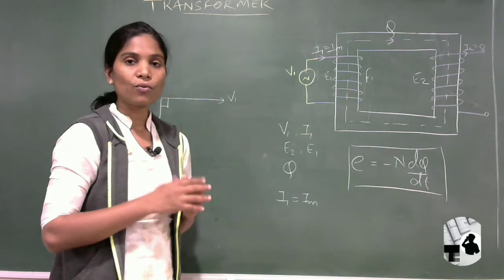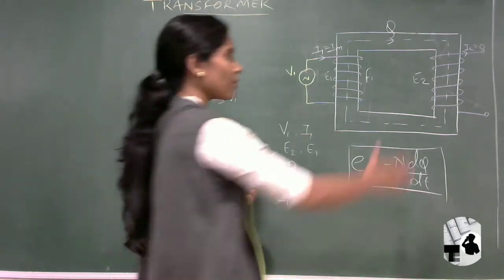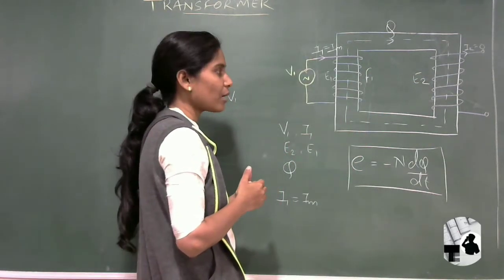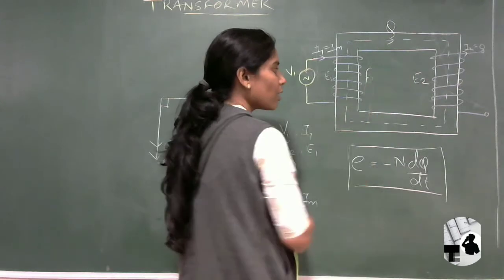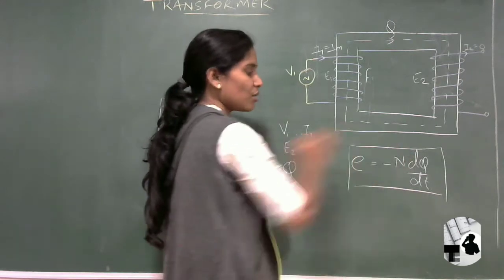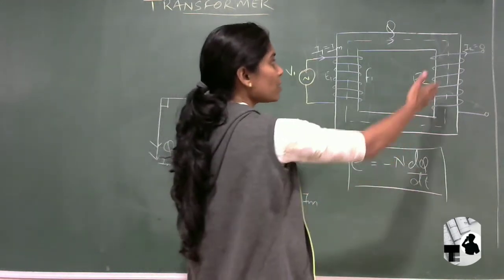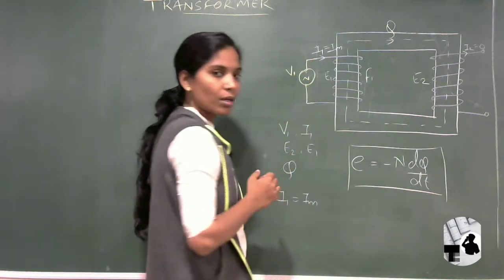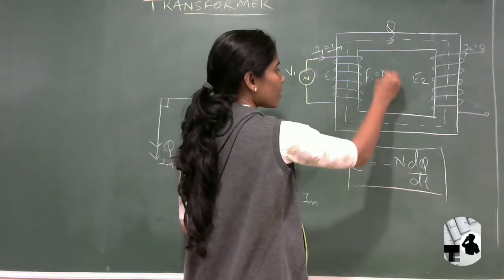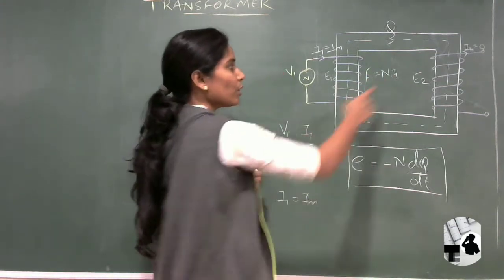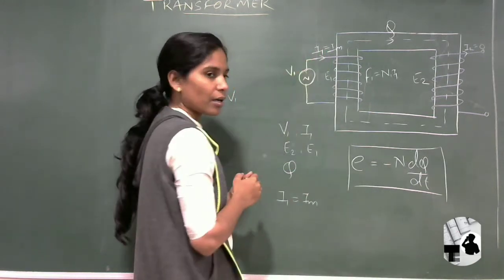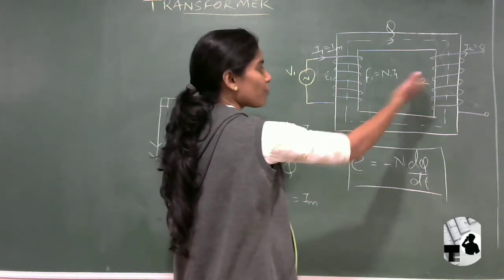So we have to see what is the cause of this EMF development. E2 and E1 are both the induced EMF at the primary and secondary coils. So E2 is getting developed due to the what? Changing flux, right? So the cause is changing flux. Now why changing flux? We are getting the change in flux due to the MMF. If MMF is not there, then there will be no flux. We are getting the MMF due to F1, that is N1 into I1, right? So due to the current, we are getting the flux MMF, and due to the V1 supply voltage, we are getting the current. So ultimately, what is the main cause of the development of EMF at both the sides?